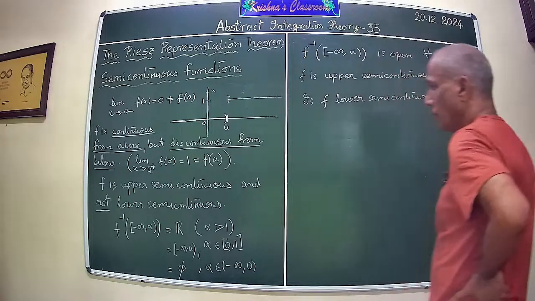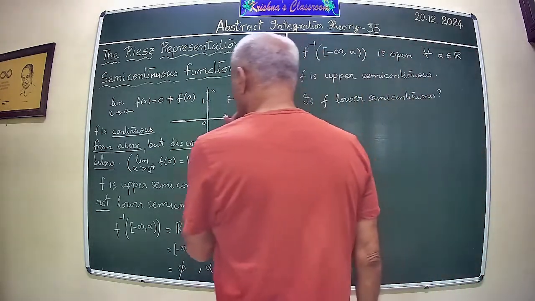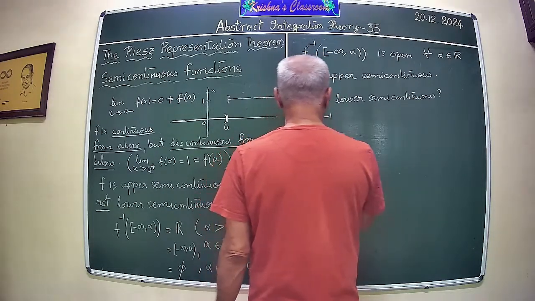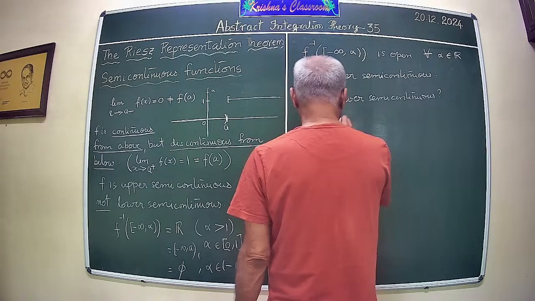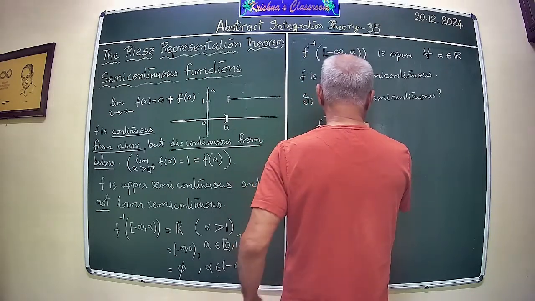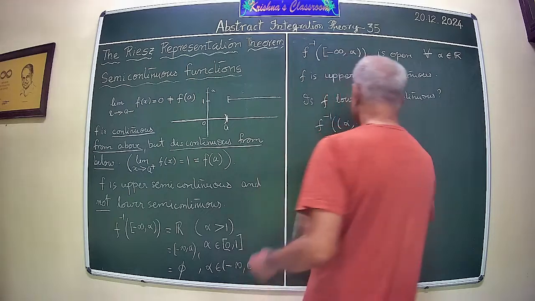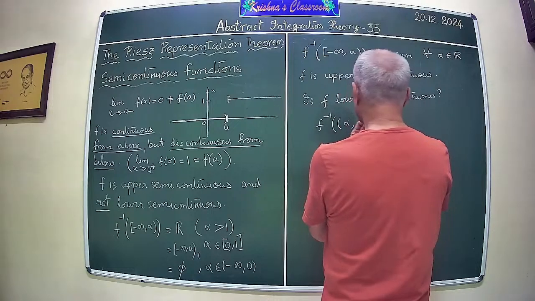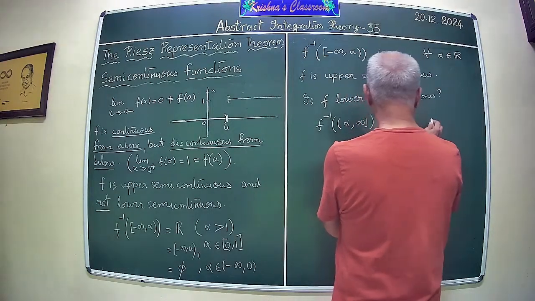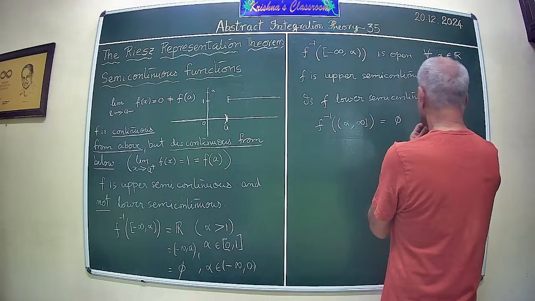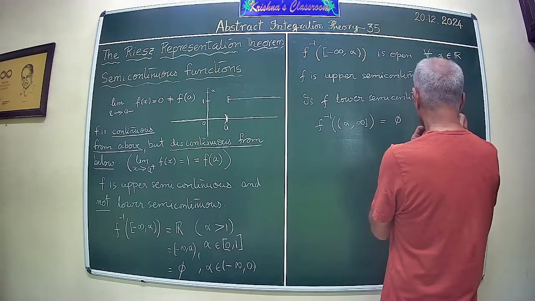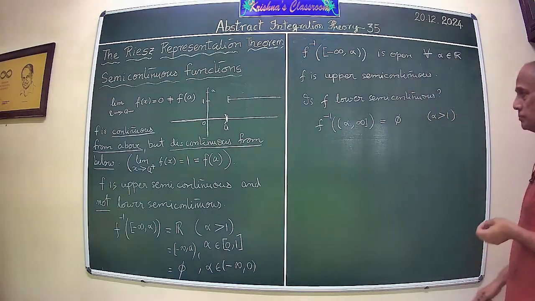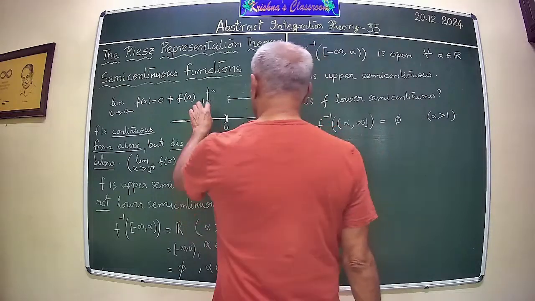Now we shall once again go for the analysis. So here what you have to look at is the following. So consider F inverse of alpha. Now what is this? You see that this is going to be empty whenever alpha is greater than, greater than, but if alpha is equal to 1,